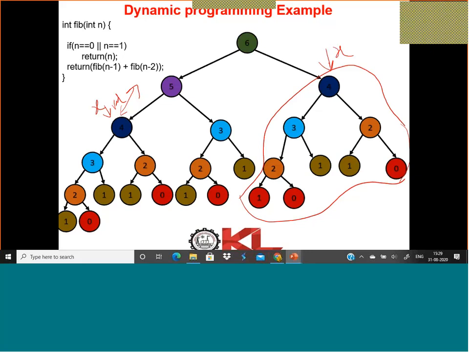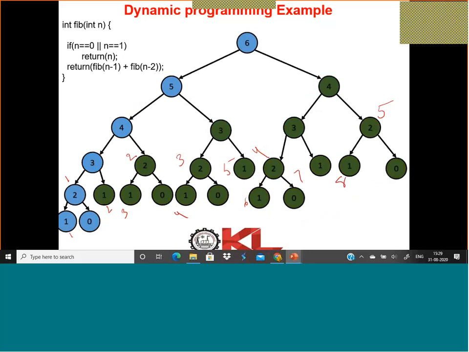Here also, what you can do is simply look at it. Only this blue color is function calls. Remaining all, you are getting from the table. If you look at the table, this is how it is maintained: for Fibonacci, I am storing the results. So 0, 1, 2, 3, 4,